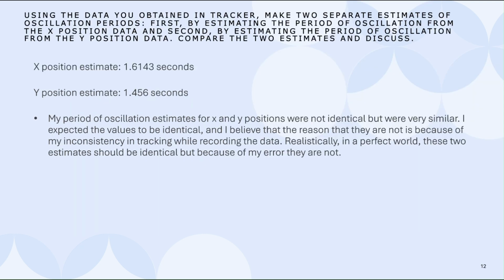For the second question, my x position estimate was 1.6143 seconds, and my y position estimate was 1.456 seconds. My period of oscillation estimates for x and y positions were not identical, but were very similar. I expected the values to be identical, and I believe that the reason that they are not is because of my inconsistency in tracking. Realistically, in a perfect world, these two estimates should be identical, but because of my error,